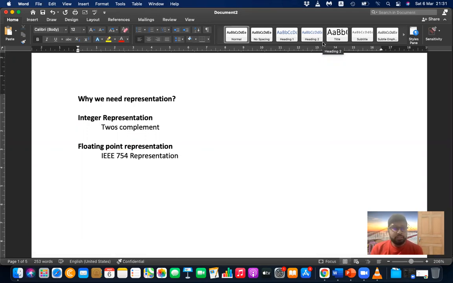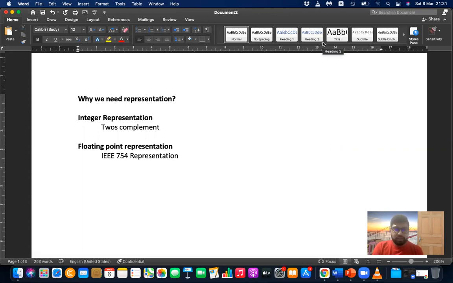Before we begin, let me just introduce what is representation. Representation means you use something to present some other thing. For an example, the presence of a signal can be represented using one. Absence of a signal can be represented using zero.